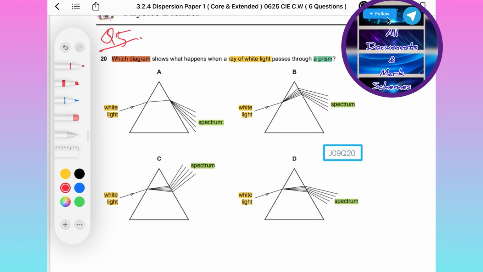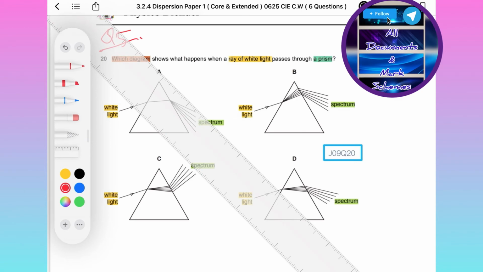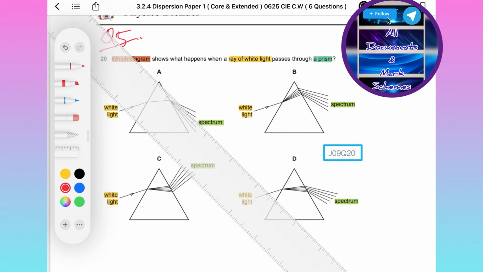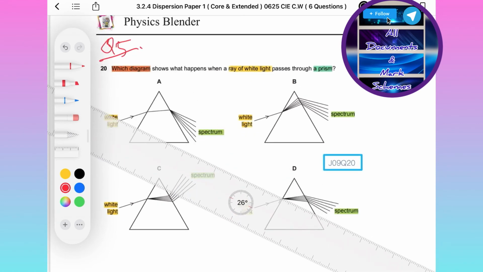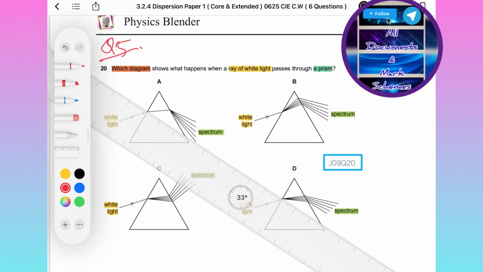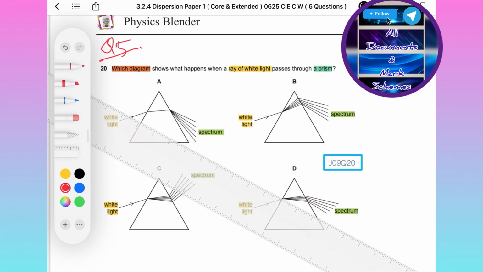One of the common mistakes is that you are confused between refraction towards or away from the normal. If we draw a normal line to the first surface of the prism,